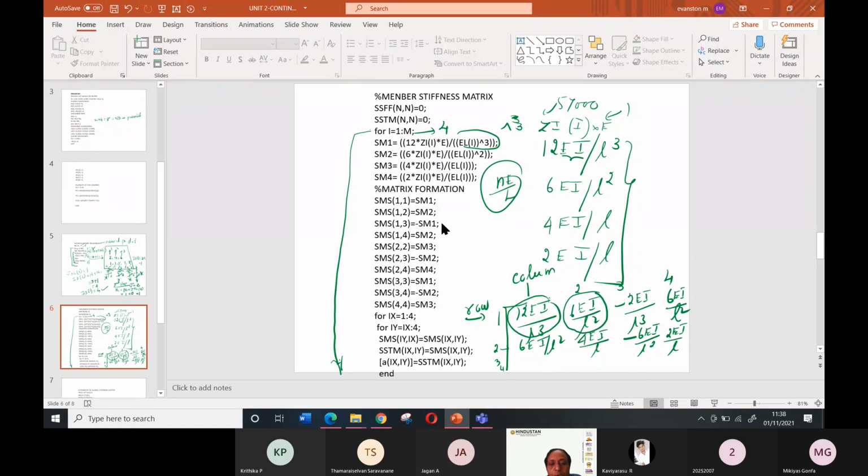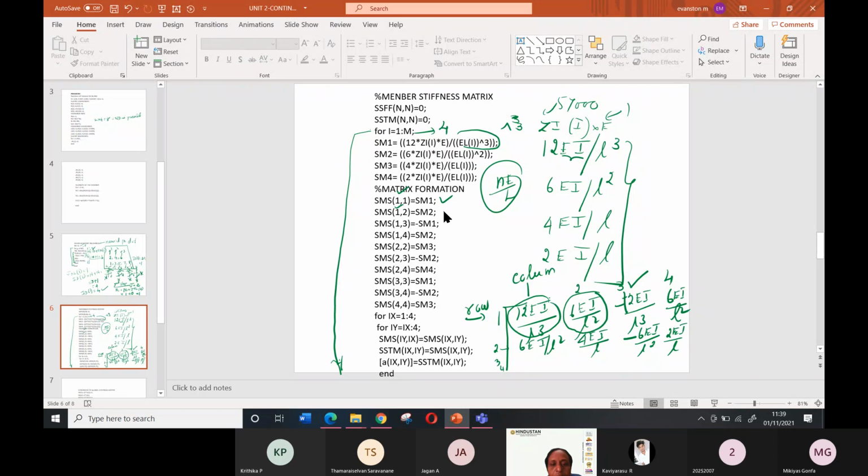1, 2. This is the first row, first column. This is the first row, second column. Then we will move on to the first row, third column. First row, third column is minus 12EI by L cube. So minus 12EI by L cube, I can write it very well. 1, 3. 1, 3 is minus 12EI by L cube, so minus Sm1.